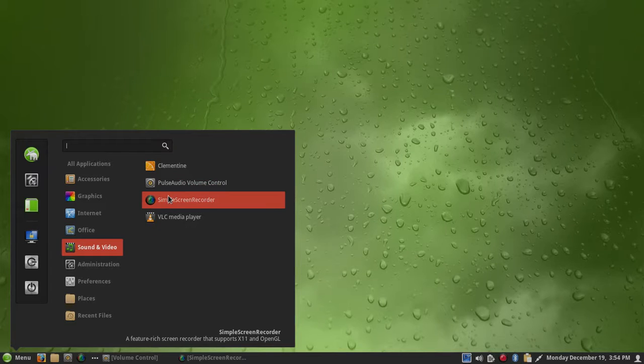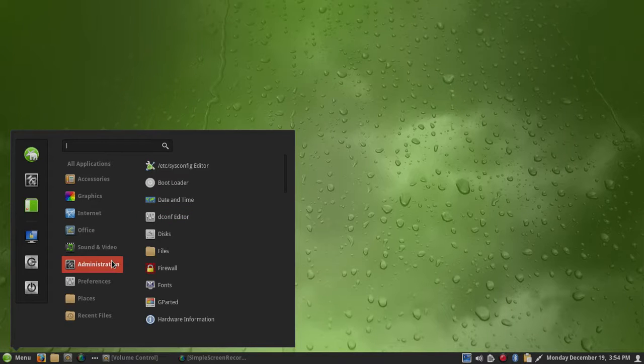I installed Simple Screen Recorder, and it comes with VLC Media Player by default. Under Administration, you've got the etc. sysconfig editor, an application for configuring the bootloader, the date and time, the dconf editor, disks, files, the file browser,